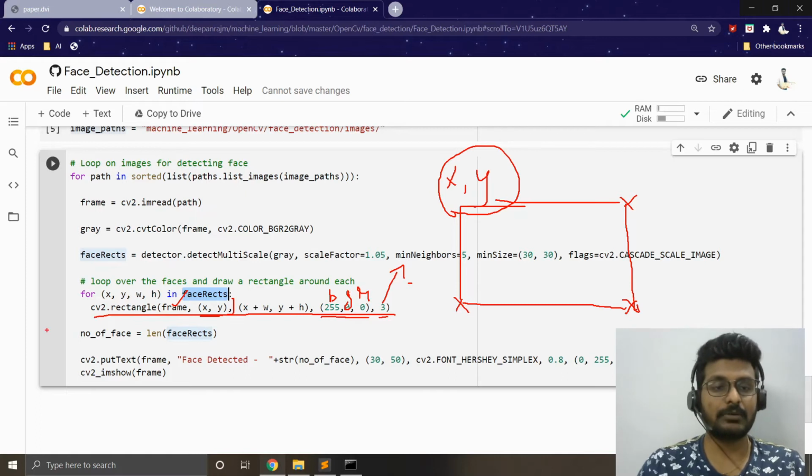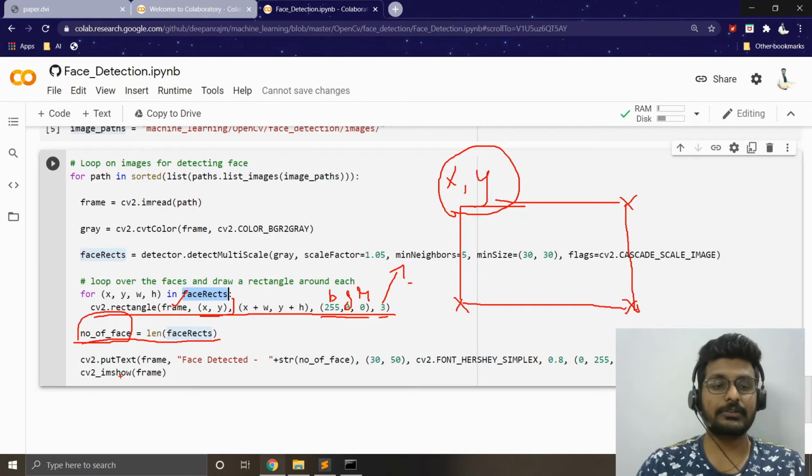Okay, so now I'm also calculating the number of faces which are detected. So let's say len of faces, because I might have multiple faces, right? So I'm going to show how many faces are detected in the given image. I'm going to calculate this number of faces by using the command len of faces, because I'm going to see the length of the particular list, and I'm going to store it in the number of faces variable.